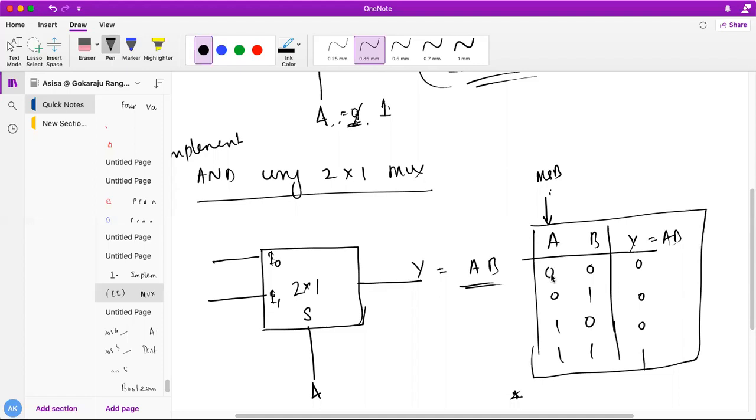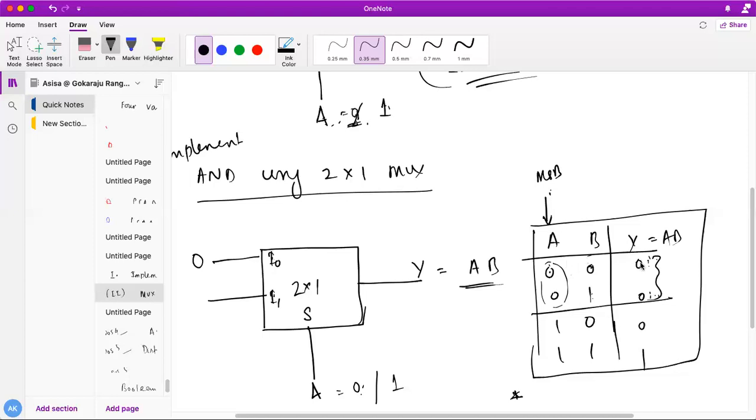Now you have to check what the combinations are. Either A is 0 or A is 1. If I connect either 0 or 1. If it is 0, what will it get? If it is 0, what happens with B? Whatever my B is, it will get 0. Am I correct, students? If A is 0, whatever my B value, I am getting Y equal to 0 only. So I can put here 0. If I put here 0, Y will always be 0, because in both cases of A, I'll be getting 0 only. Whatever may be my B, I don't care about B.